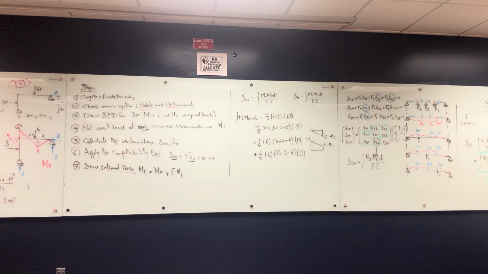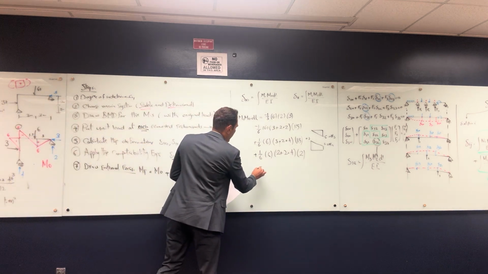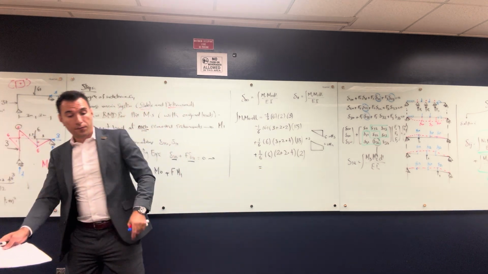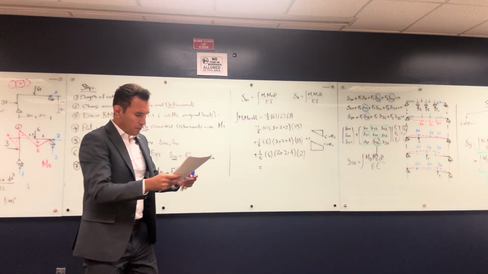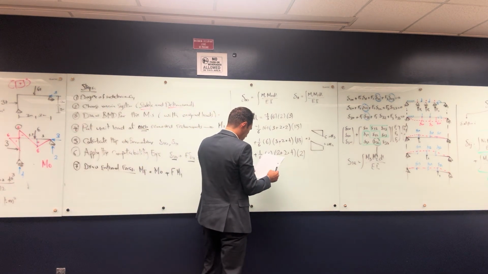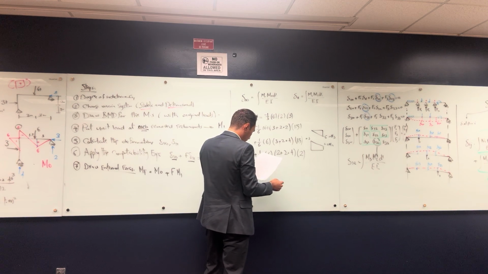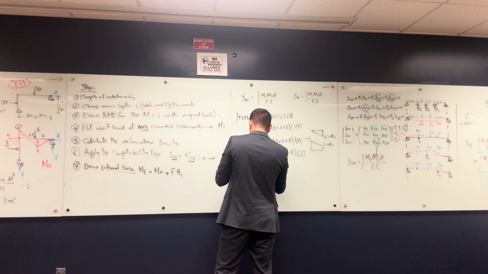How about this triangle? 0. Why? Because I have 0 here. So 0 multiplied by whatever here is going to be 0. So I'm done with all of them. And then at the end, you're going to put the final calculations. Delta 1 ohm .01026